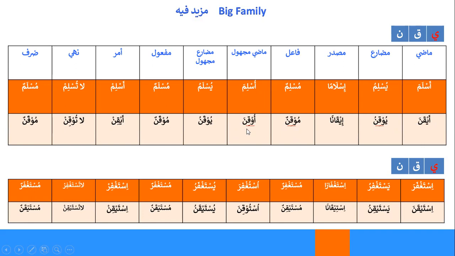Similarly, over here, Madi Majhul, ukina: uikina it would have been, but ui is not allowed, so ukina. Then uikanu became yukanu, and mu'ikanun, because Ya is the root letter, became mukanun. And over here also, la tuqin became la tuqin. So these are quite a few irregularities in the Aslama family.